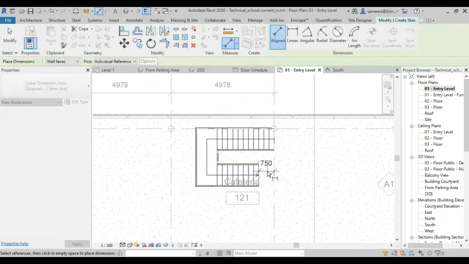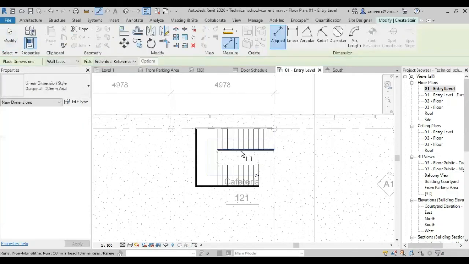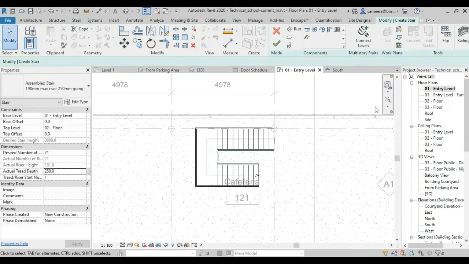This is an example I'm saying. The questions can be like this, so we have to find it out. Only if we start the stair from the correct location will we get the answer, right? Or it can be: what is the distance between these two? So we have to find it out.